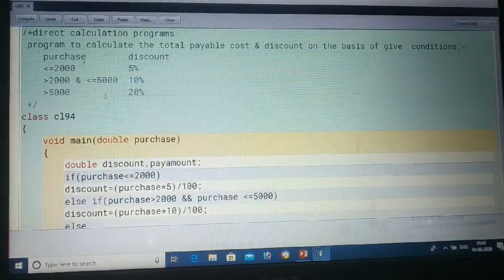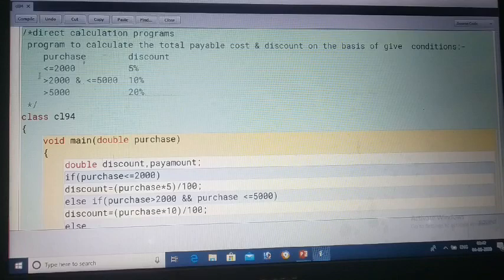So have you come to know the direct calculation method? Direct calculation methods work on a certain condition range. If the range satisfies a value, that particular condition will execute.